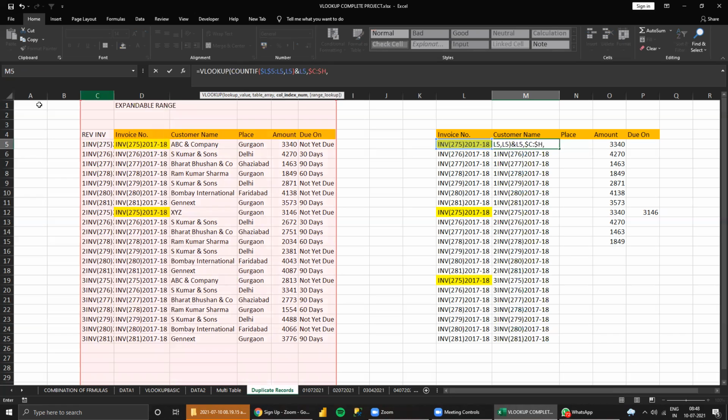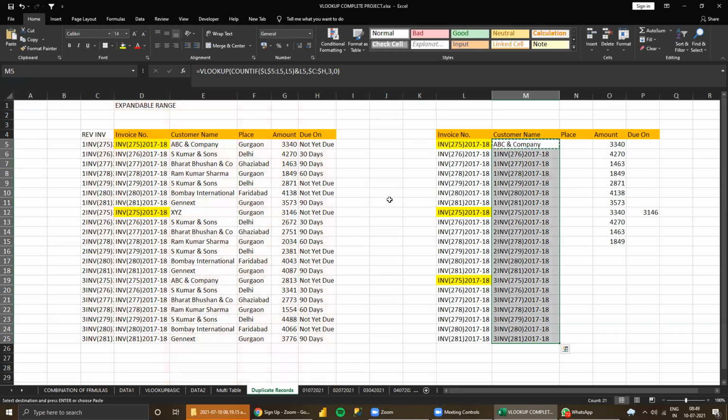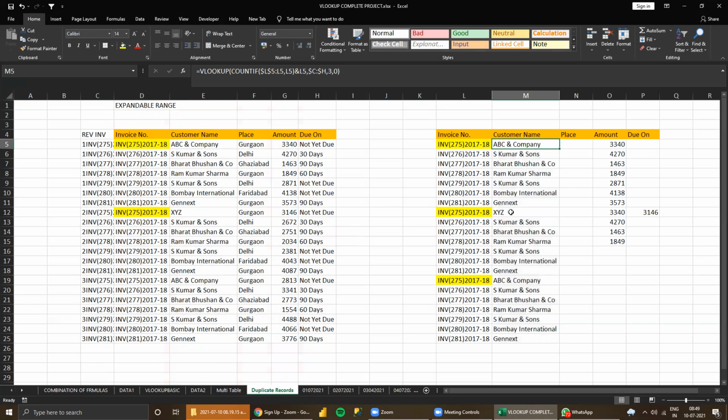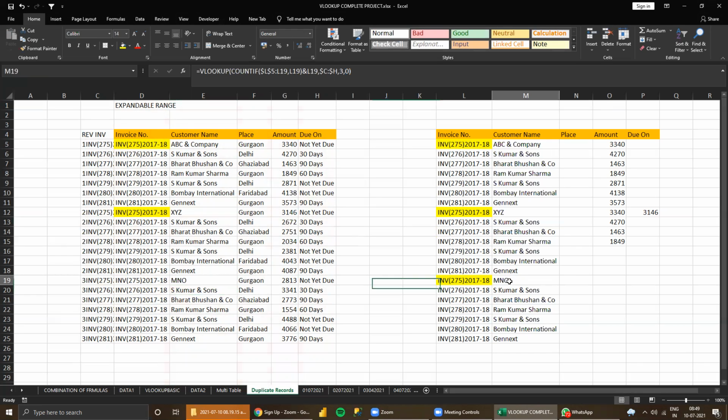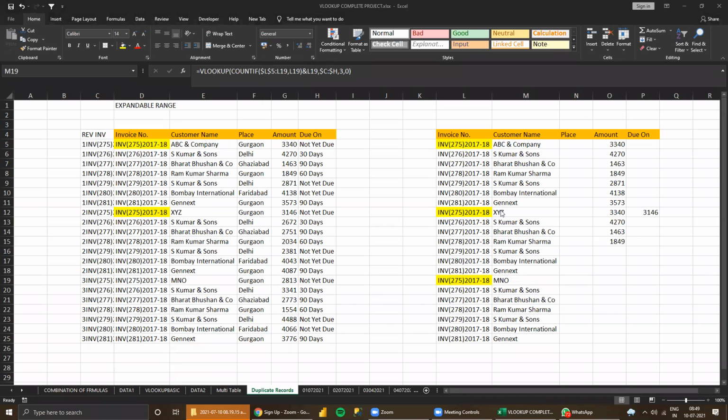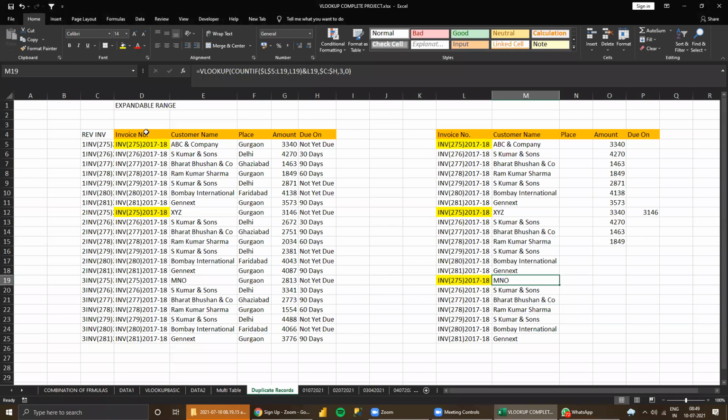Column, see here. Now this is 1, 2, 3. Comma 0. Adjust. Now see here, ABC, XYZ. So the third thing, MNU company. See, first record, second, third. See, in the report, I don't show a calculated column or separate column, but the source table is there. Here, in the formula itself, I build the unique record. Okay, that's how it is.